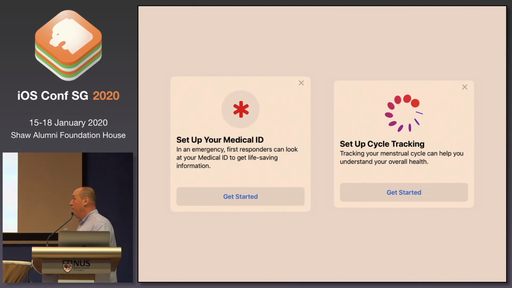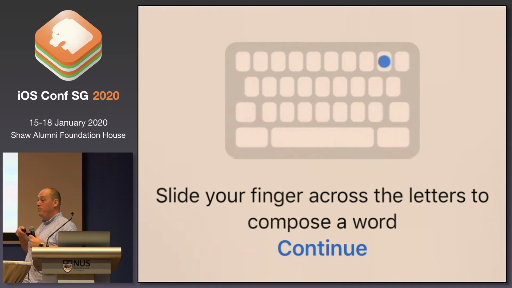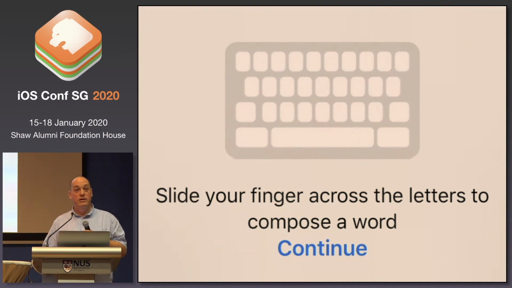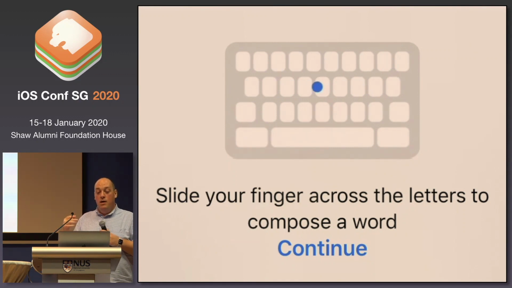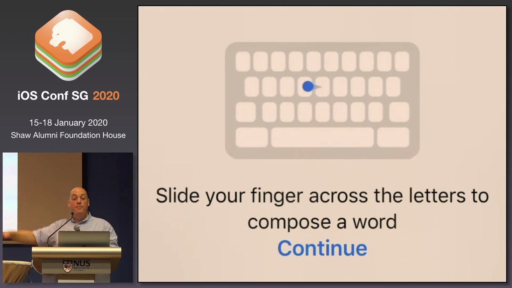So let's go back to that screen that did interrupt people. I said this was not an ideal placement for discoverability because you're replacing the keyboard with this animation, which potentially is just going to get people to skip past it. I think that Apple could potentially have made this into a better piece of discovery if, instead of replacing the keyboard with it, maybe the first few times that you use the keyboard after you've upgraded, there's maybe something that's just above the keyboard or somewhere else on the screen that says something like, for example, swipe instead of tap,